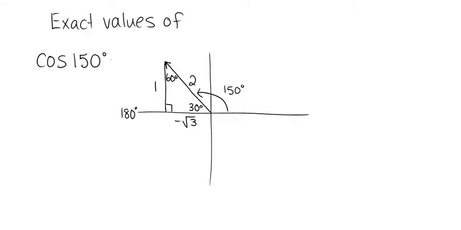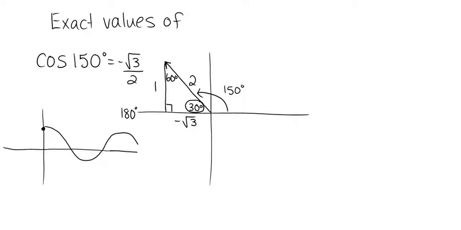And if I wanted to find cos of 150, I'm going to use this angle; cosine is adjacent over hypotenuse, so it would be negative root 3 over 2. And that makes sense because if I look at my cosine curve, it starts here and it goes like this, forever and ever. So if I kind of hack that into